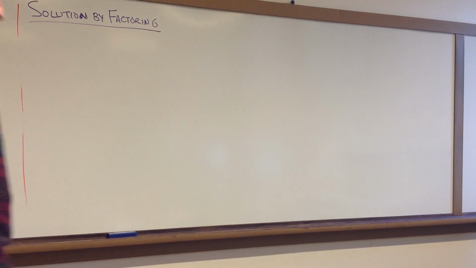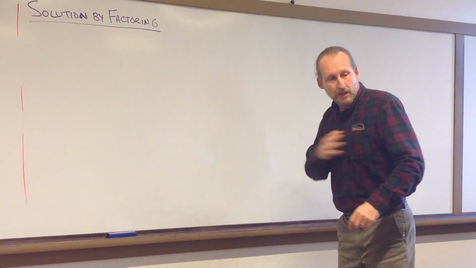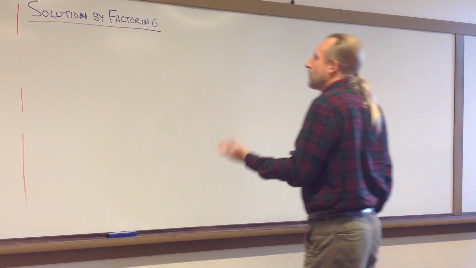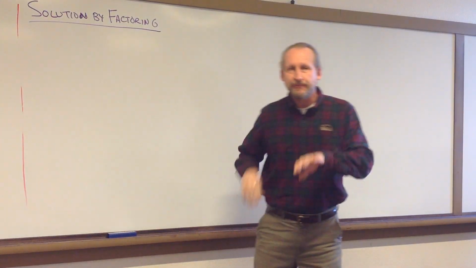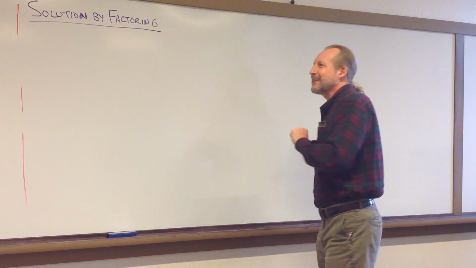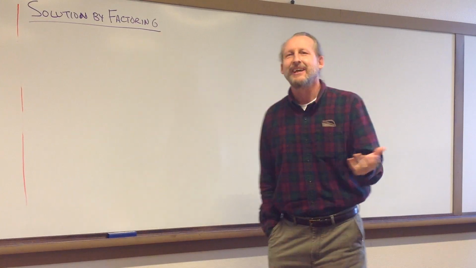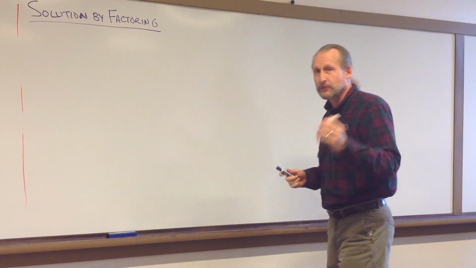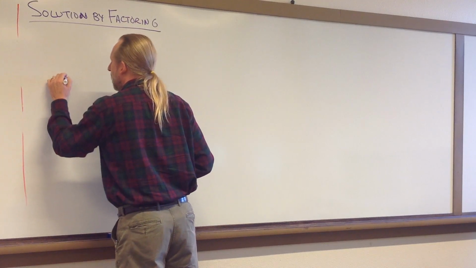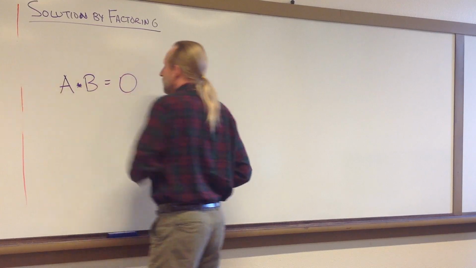This video is for Math 95 on solution by factoring. The idea here is that we're going to take a quadratic equation and factor it into two pieces. Well, first we're going to take a quadratic equation set equal to 0, factor it into two pieces, and then find a solution. And the whole basis for this is that when you have two numbers in our standard number